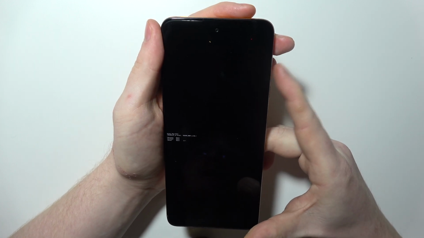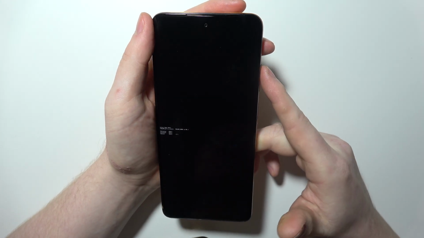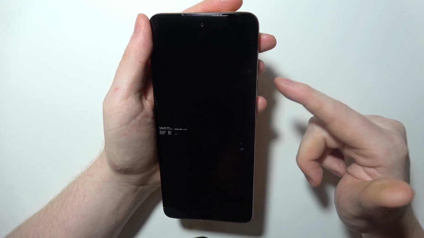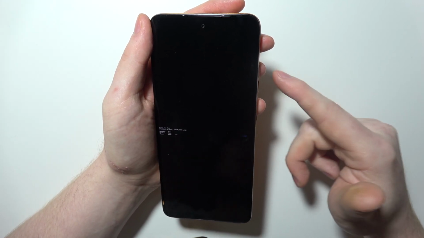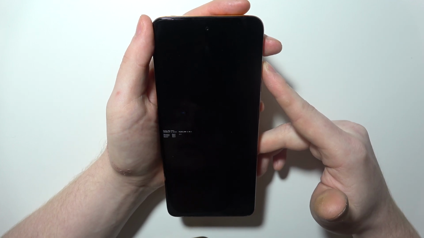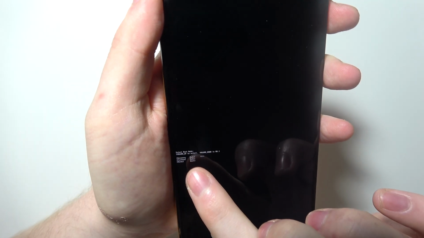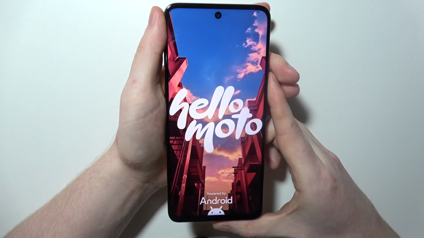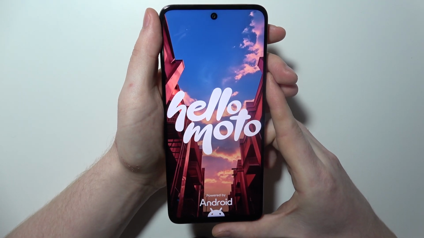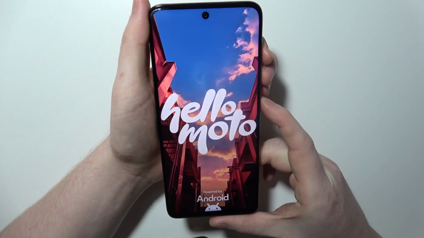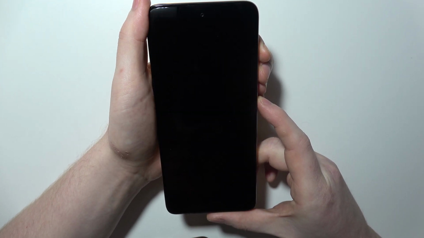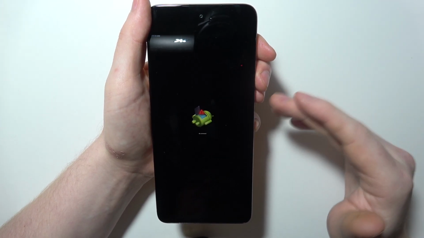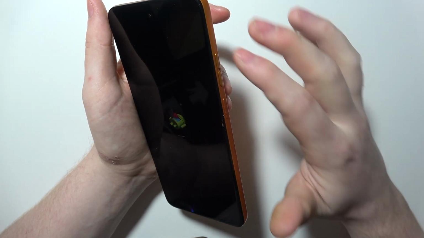Now we need to navigate this menu using volume up button to scroll down or up, or to select and click on OK, you need to use the volume down button. Now let's select recovery mode right here, and then click on volume down button to open it. And here's no command window, and we can enter recovery mode right now by clicking on all of the three